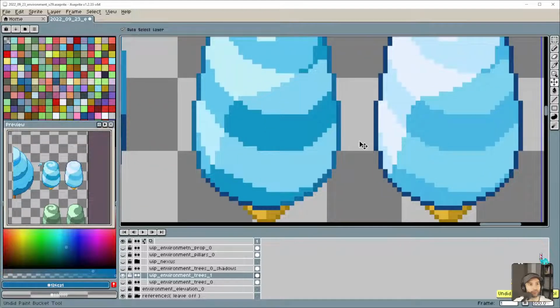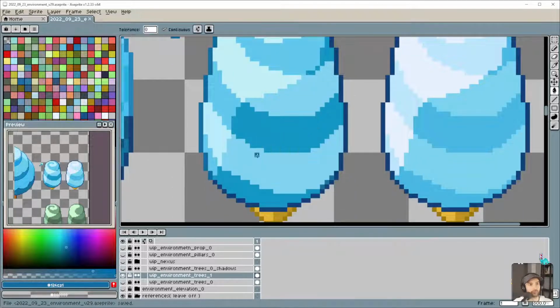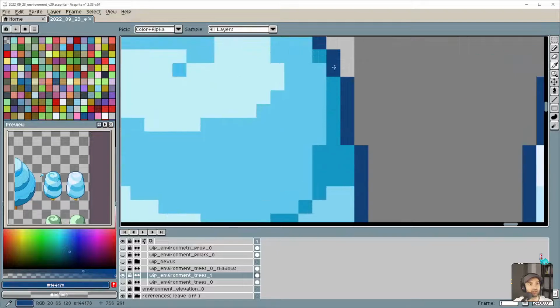Nope. Undo. Okay, maybe it's just this color that I'm not a big fan of. So let's see if we can find a better color for that.